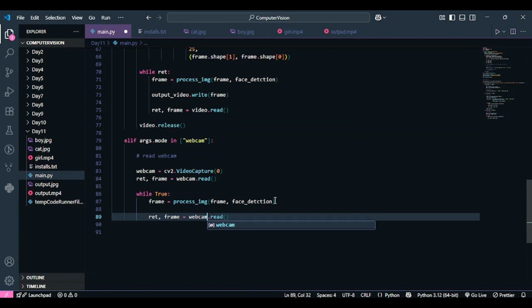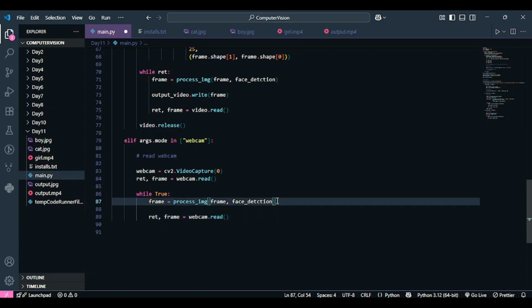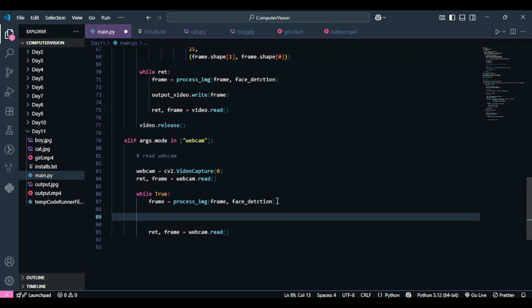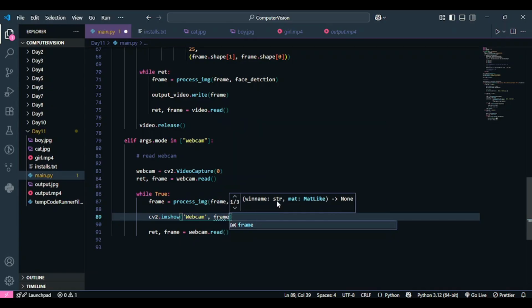Okay, so I'm not going to write the webcam somewhere, but obviously I'm going to visualize the webcam. To do that, I'm going to use the OpenCV function again. It's going to be called imshow. I will call that webcam, or I can call it frame as well. That's totally up to me. So I'm going to call it webcam and visualize my frame.